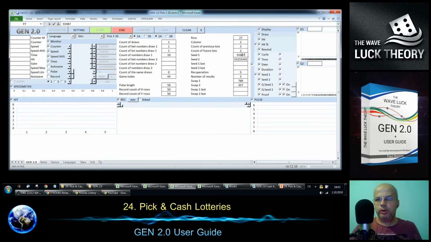So we can use another number. This should be filled in for draw 2, but it's not used at all, so I can put it, but the swap 1 should be also different from the draw 1 and 2. And let's create the